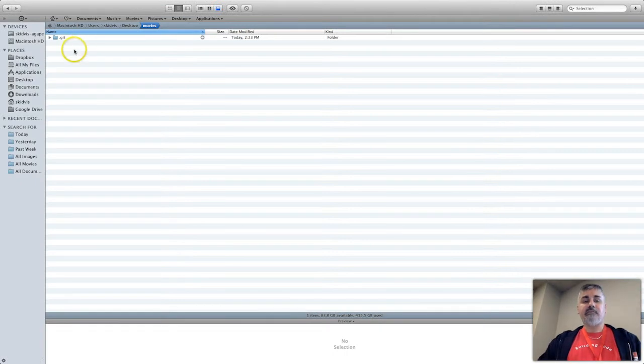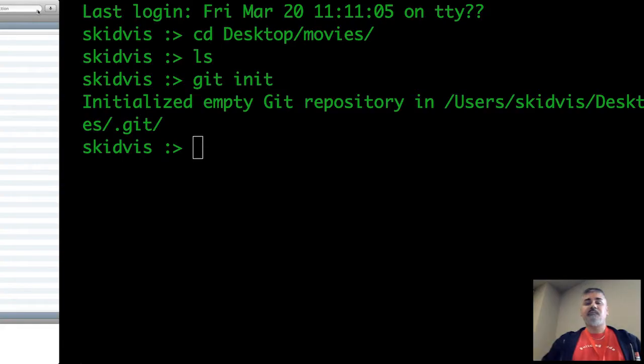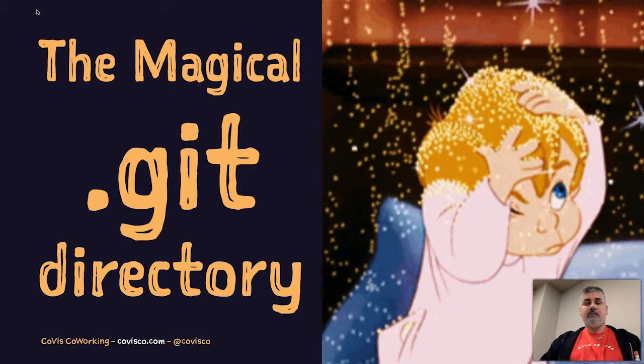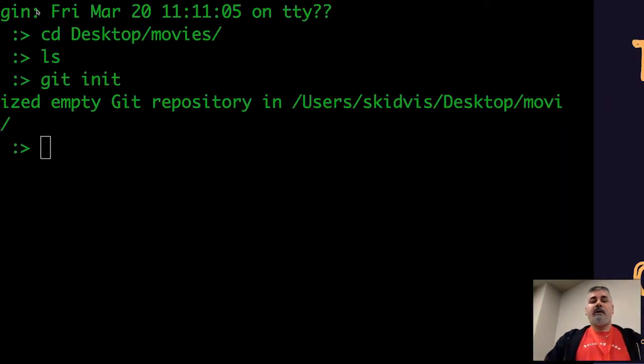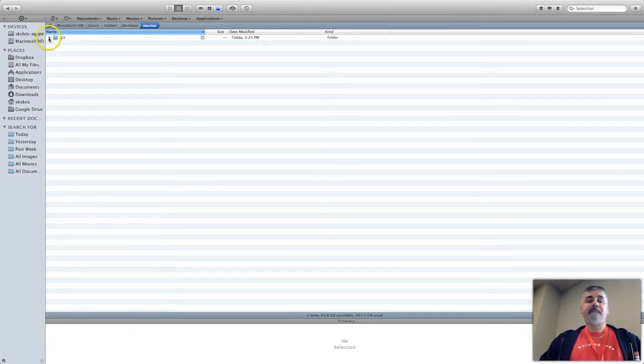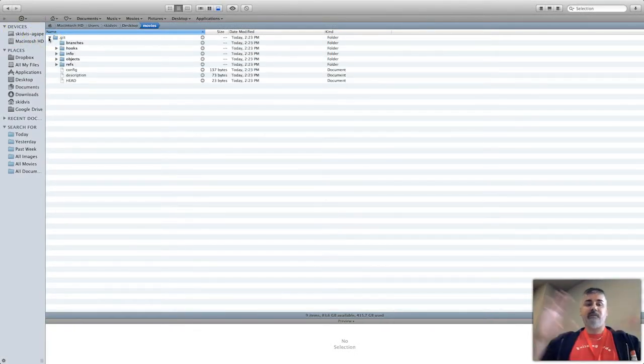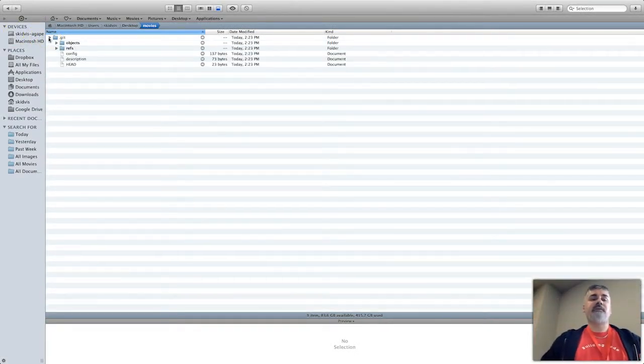Now if I look in here, you'll see there's a new folder that is a .git folder. That's where Git keeps everything. It's what I call the magical Git directory. You don't need to trouble yourself with what's in there. It's all the databases and stuff that Git needs to do its thing.